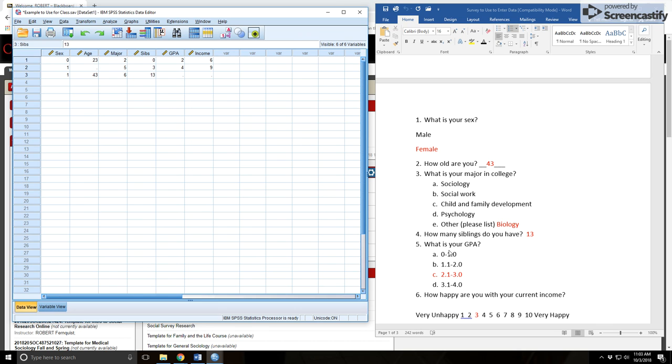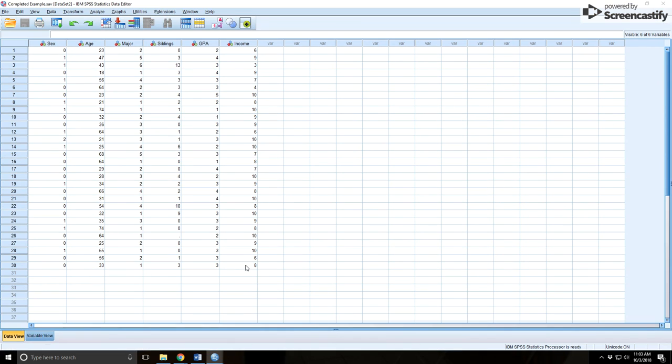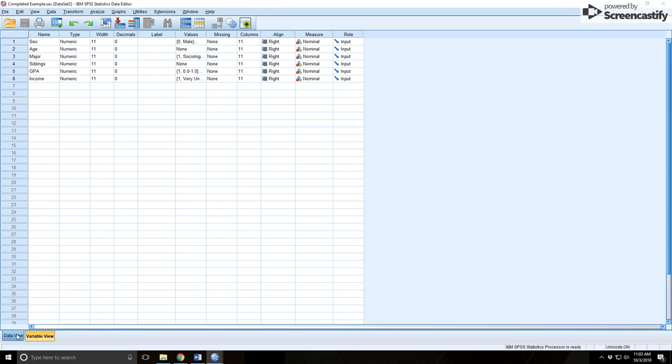For GPA here, I have 3. Income is 3. So I would keep doing that for all of my questionnaires. And here's what it could look like when you're done. You'll have 30 rows, one for each person. And again, if you look here in my variable view tab, what you do for any variable that is not